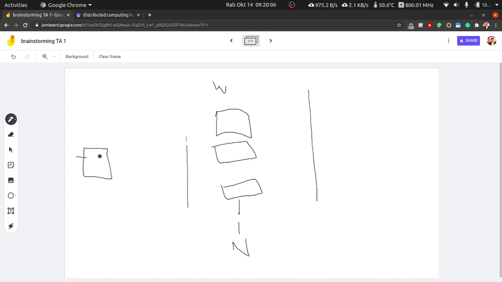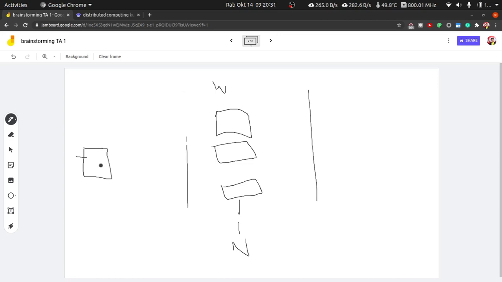I'm thinking that I could separate this into different services, but no, let's just make it simple. Let's just make it one service: the uploading stuff and the job scheduling.